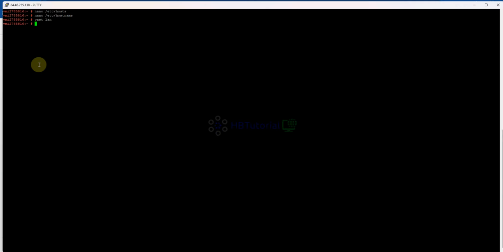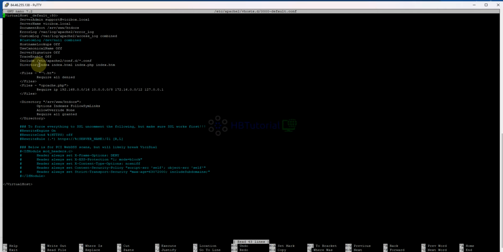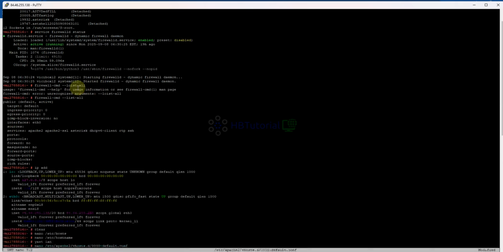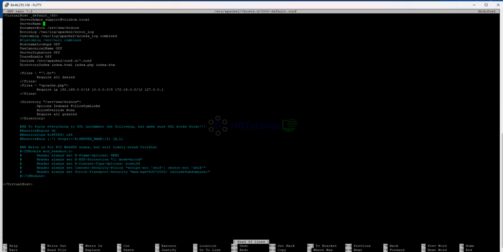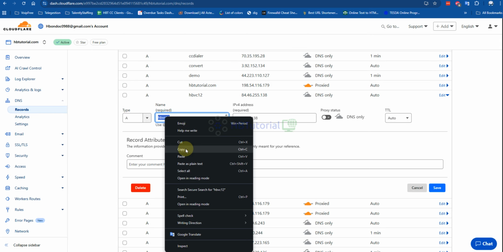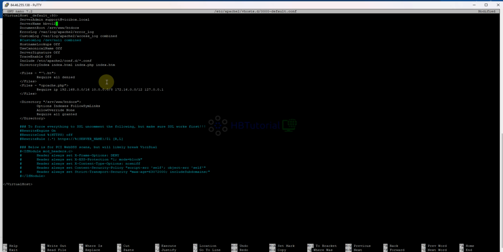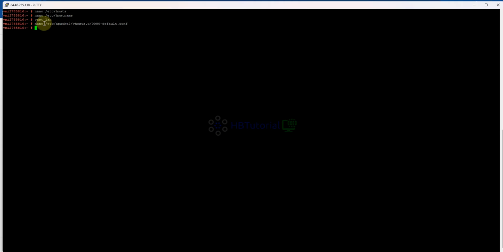Okay, so after that you need to check your Apache vhost, the default.com. You can change this one with your correct domain. So we can put our domain here. My domain is hb12.hbtutorial.com. And then service httpd apache restart.